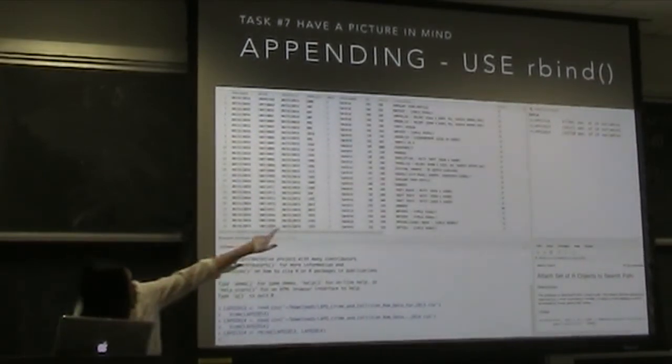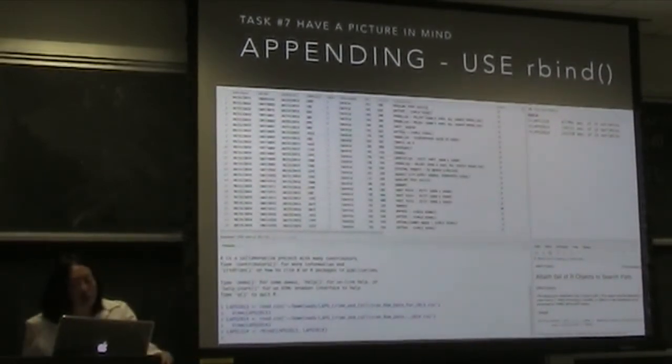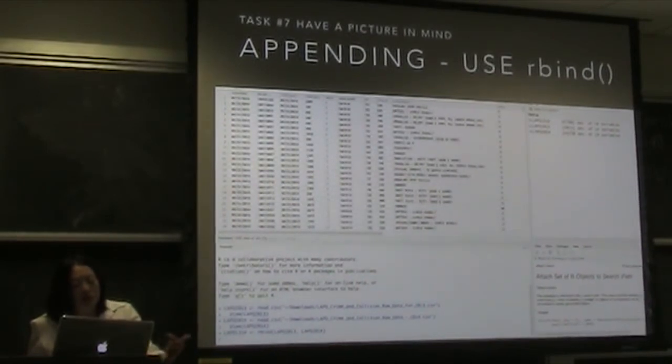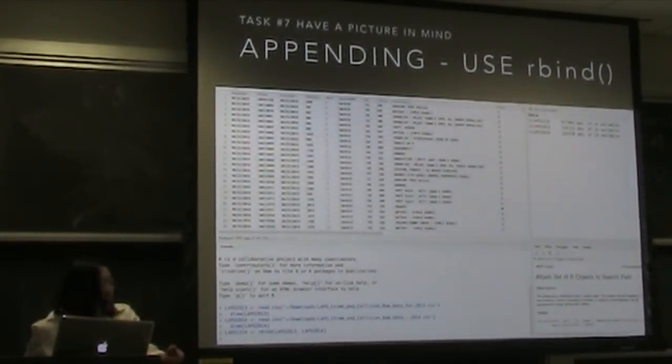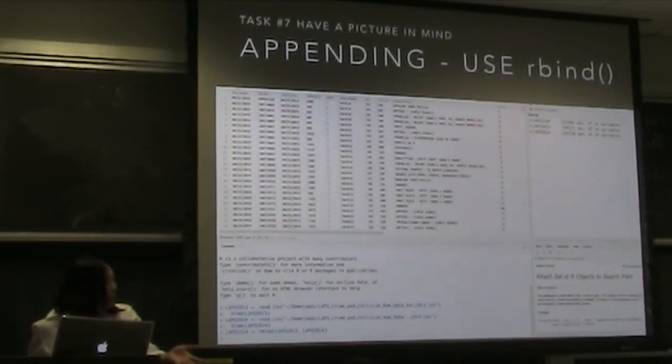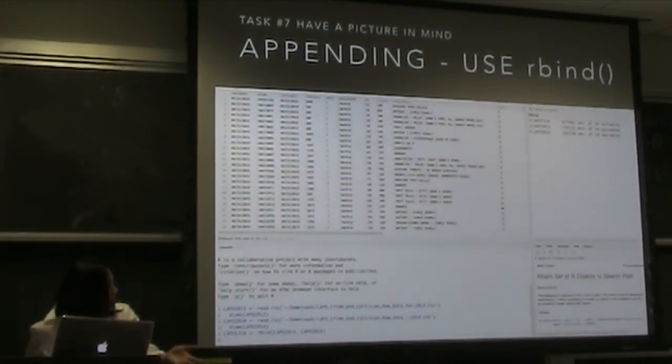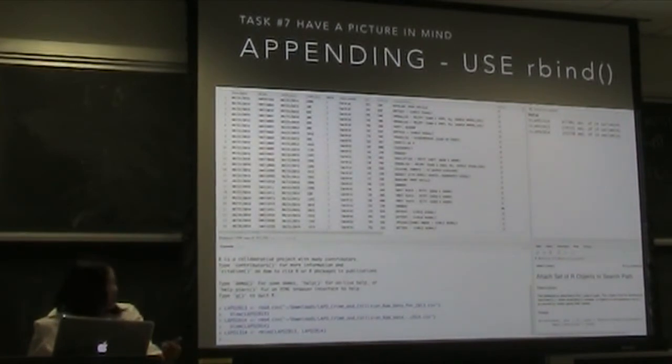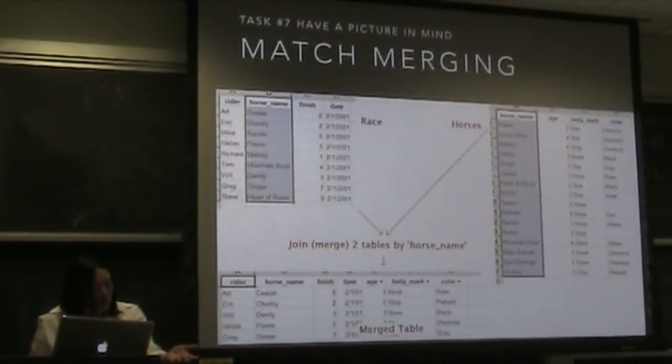Then we can take a look at the far upper right. I've got the 3 data frames, LAPD 2013, LAPD 2014, and the combined one. If you do some simple math, that's how we come up with almost 500,000 crimes over those 2 years. That's your check: did my append work? It should sum up.